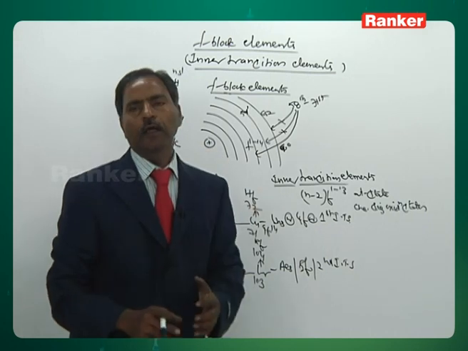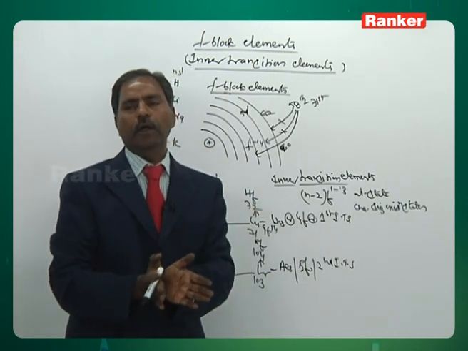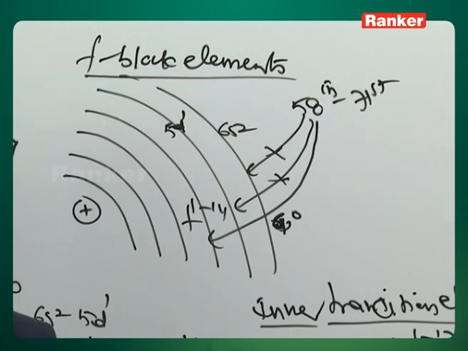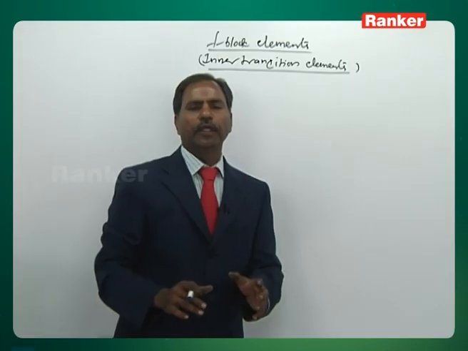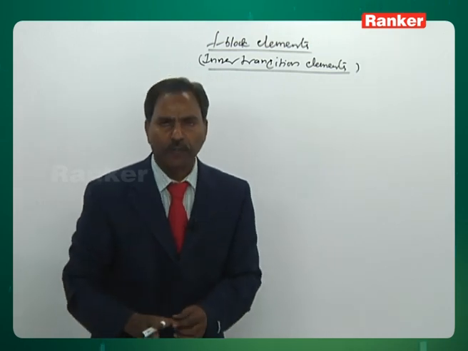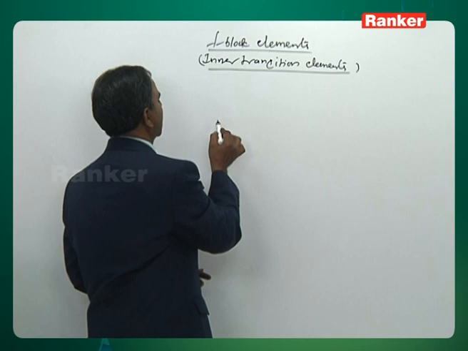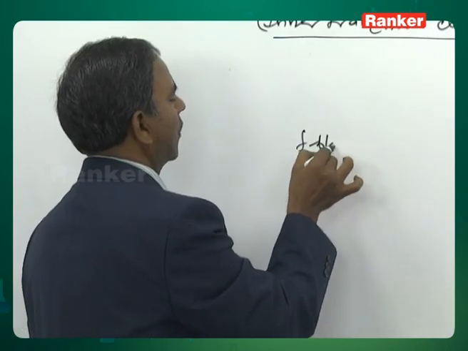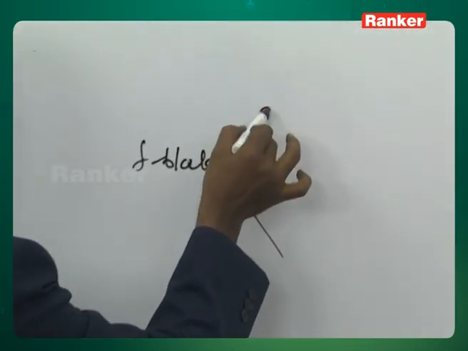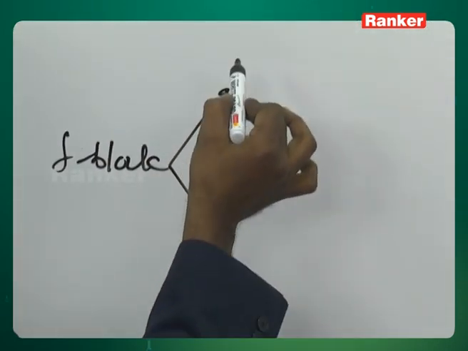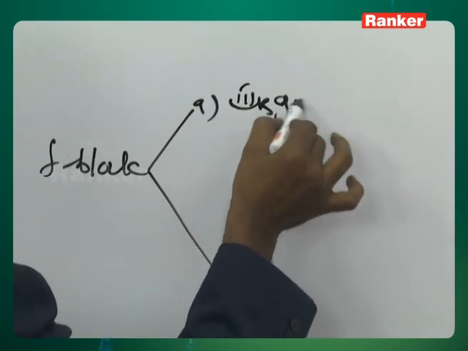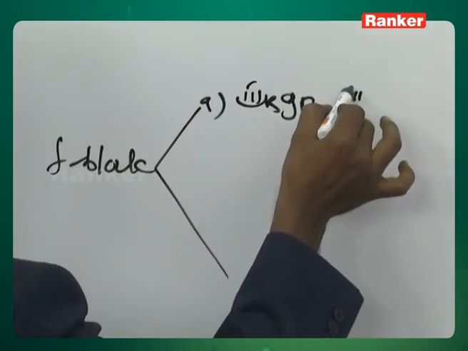Next, let us see how many series of these elements there are, how they are classified into lanthanides and actinides, and what are their general electronic configurations. See, f block elements are classified into two series. A: the 14 elements of third B group and sixth period,